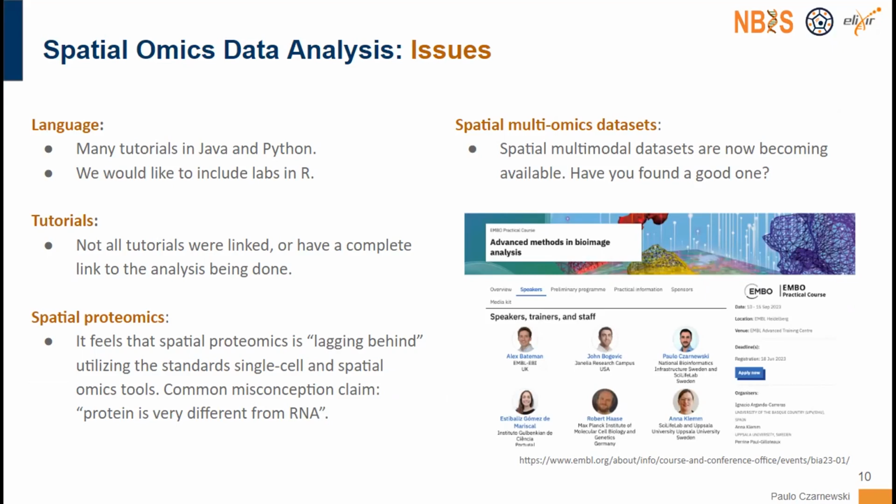But I think one of the parts would also come from the course. If we show them how to do the analysis, then they will probably start accepting that this is actually how you should do the analysis, rather than just saying it's protein, it's not RNA, so I should not do any single cell